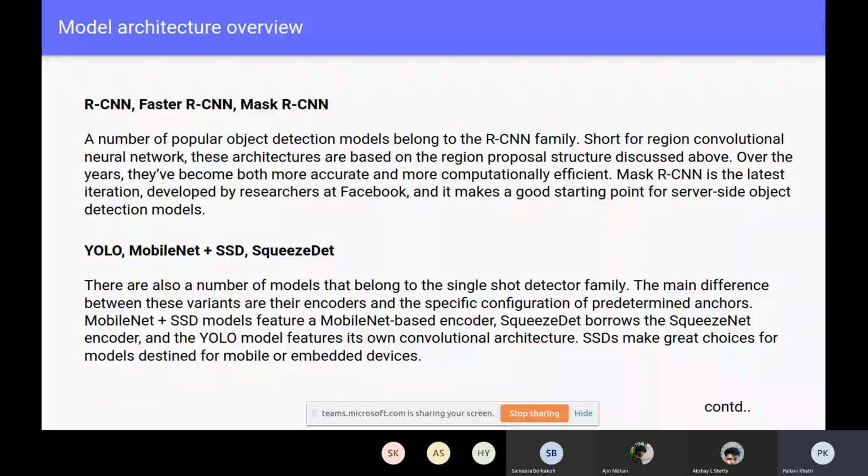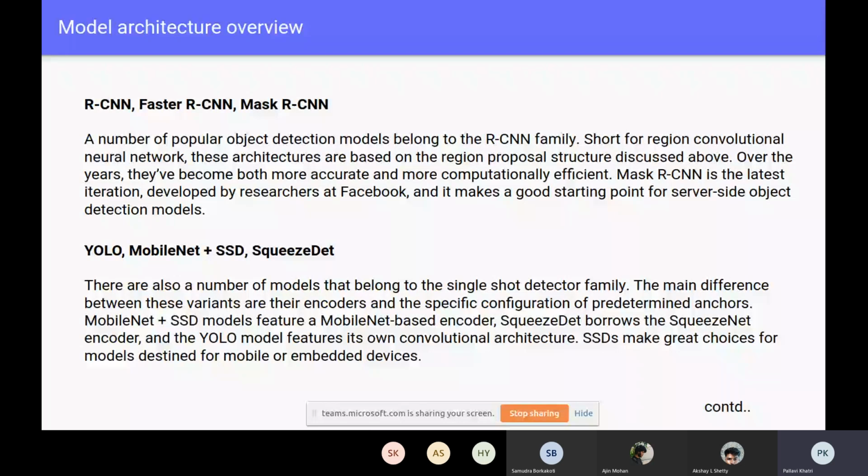So if you see here, RCNN is the region convolutional neural network. RCNN, Faster RCNN and Mask RCNN belong to the region convolutional network family. They propose a region, and then that is fed to a subnetwork, which is a classifier, which basically tells us where the object resides in that region.